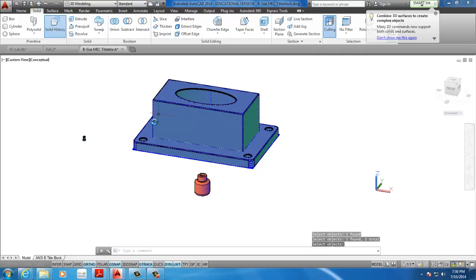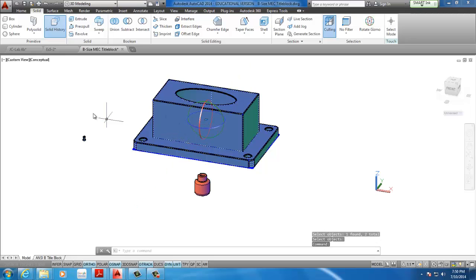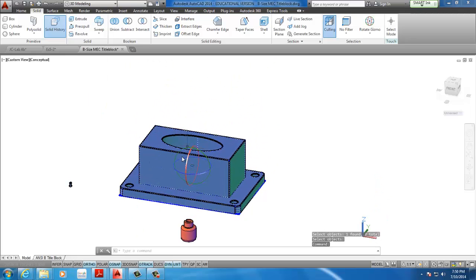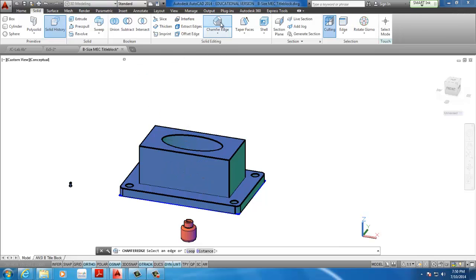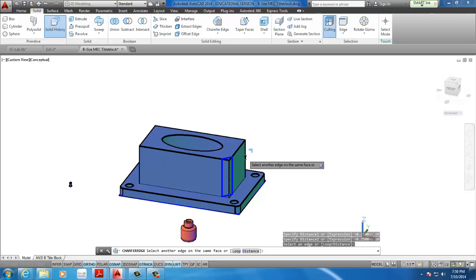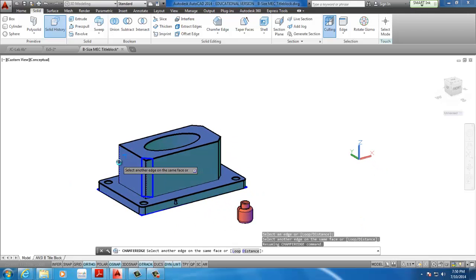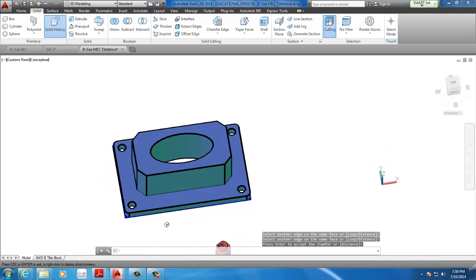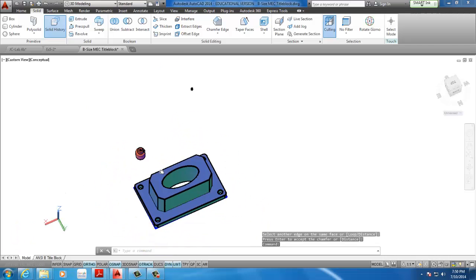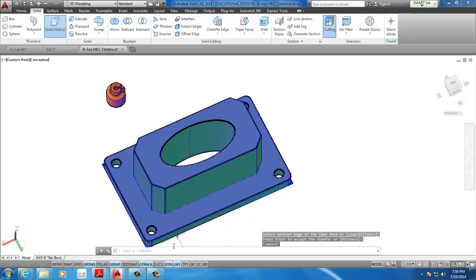So now if you hover over your item, they both highlight. So when you select it, it's one big piece. It's no longer 2 pieces, it's 1 piece. Now if you use your chamfer edge, type in the distance of 10 and 10 again. When you do the edges, you won't have that empty spot like you did before. Creating the perfect piece now. Once you have that, make sure you save your work, and that concludes